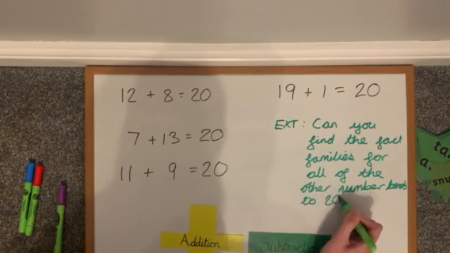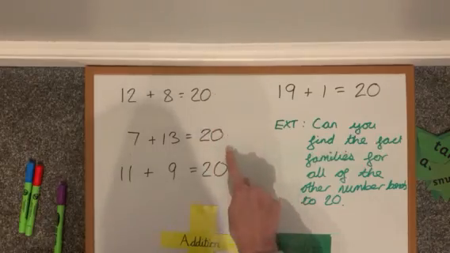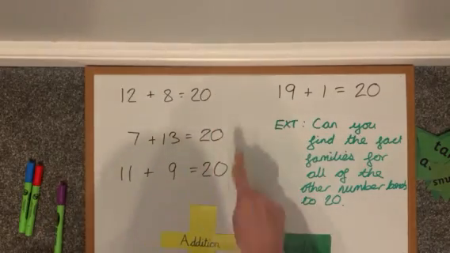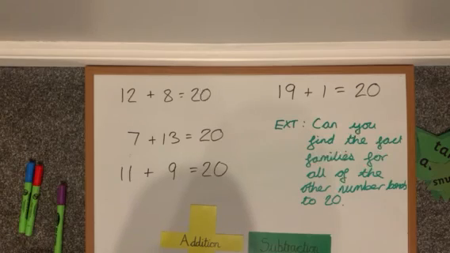So that is your extension if you'd like to do it, because this is only 1, 2, 3, 4 number sentences, 4 number bonds to 20. I would like you to see if you can find all of the other fact